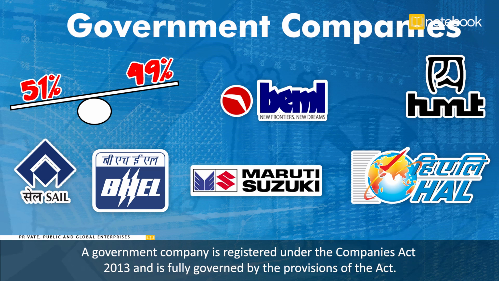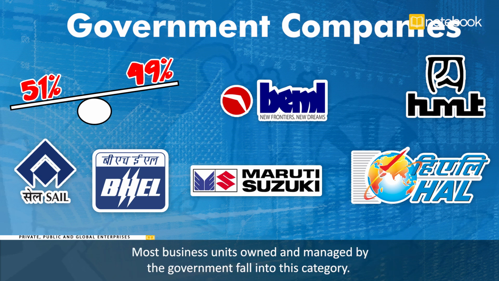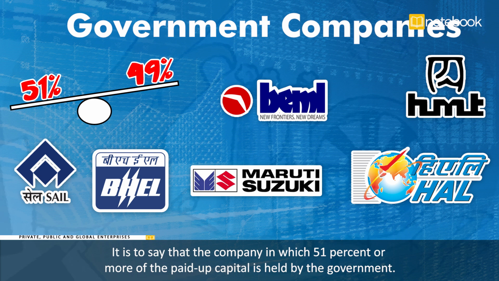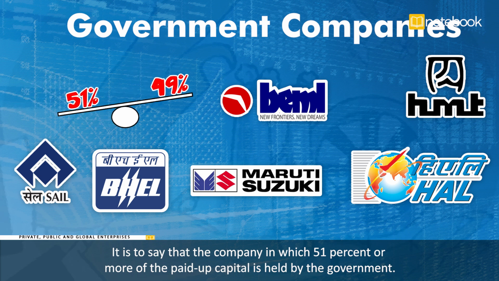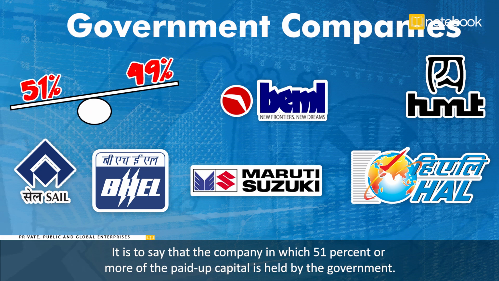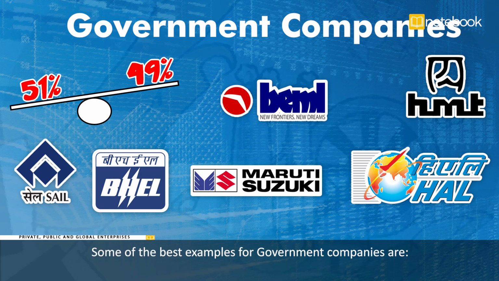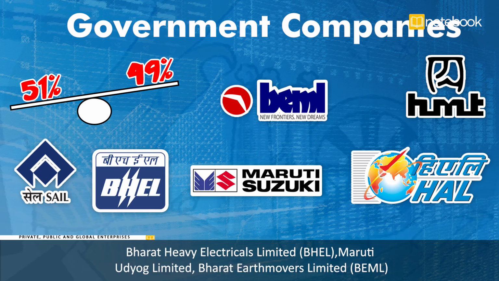Government company is registered under the Companies Act 2013 and is fully governed by the provisions of the Act. Most business units owned and managed by the government fall into this category. It is to say that the company in which 51% or more of the paid-up capital is held by the government. Some of the best examples for government companies are HMT, Hindustan Steel Limited, Hindustan Aeronautics Limited, Bharat Heavy Electricals Limited,